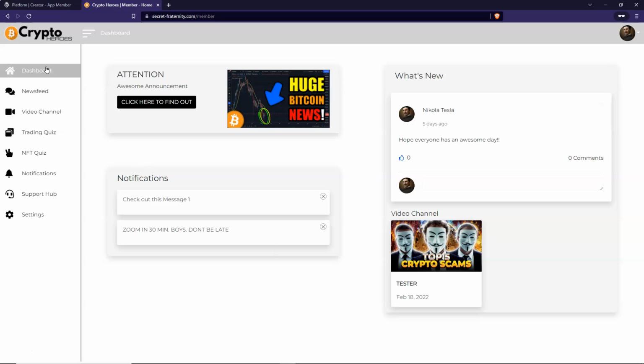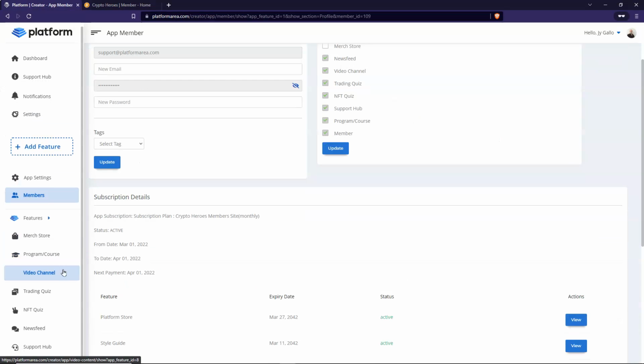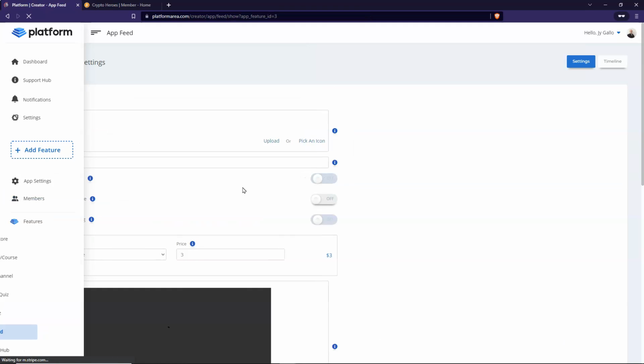And I can see that there's a list of features that all of my members can see right now and all of my members can access. Now some of these are paid and some of them are free. So I can paywall these off so that if somebody clicks into one of them, they'll actually be required to submit payment before they can see the content within it. Or I can just completely hide these from people too. So let's just go with this news feed, for example. If I go back to my Platform account and I find the newsfeed in my list of features,